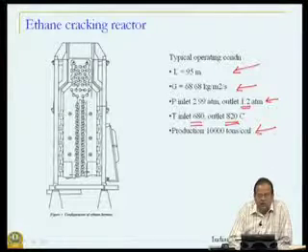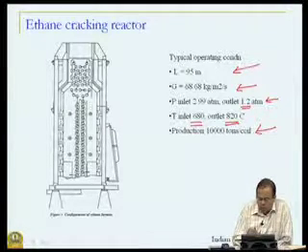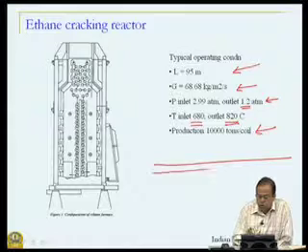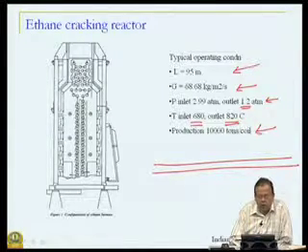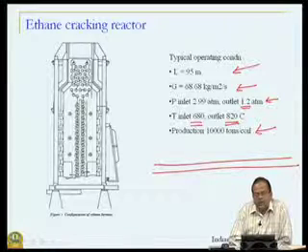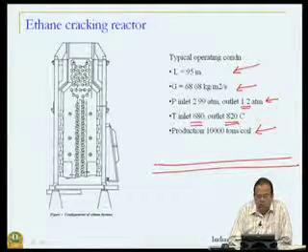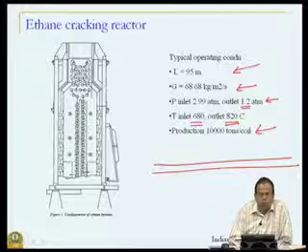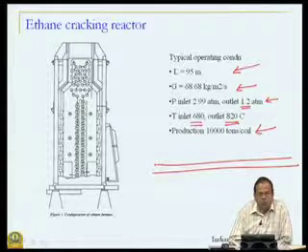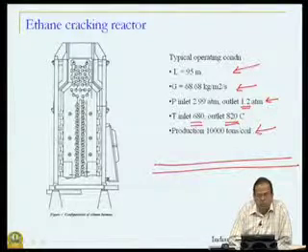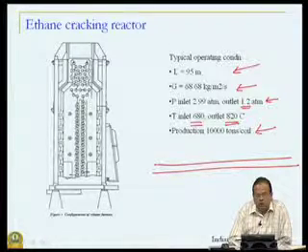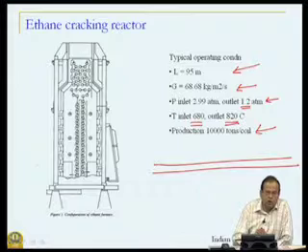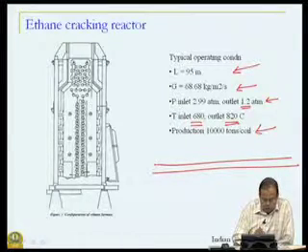Now, when you say that length is 95 meters, one way of thinking of that is a horizontal tube or a vertical tube. Horizontal is what comes to mind immediately, with the entire length occupying 95 meters. Now, that would take too much space, and in a world where space is at a premium, you do not want that. So, what do you do? You do not go horizontal, you go vertical, and this is precisely what is done in this reactor.